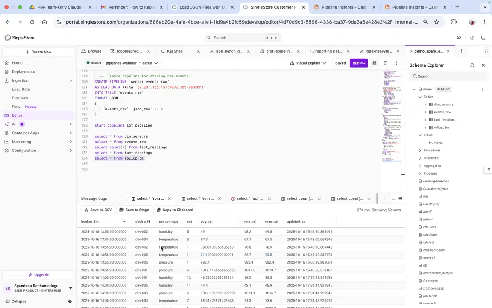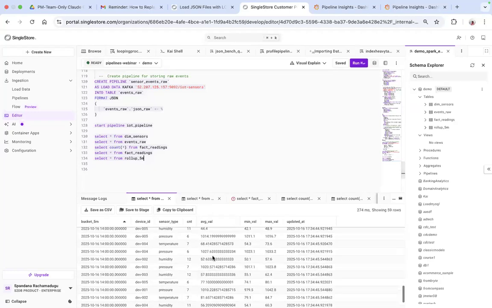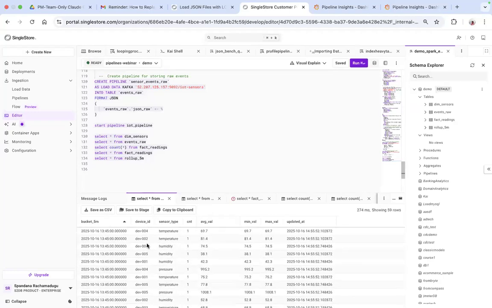So all this is being accomplished by a single pipeline that is doing both the ingestion as well as the transformation, and it is serving the data in a ready to use format. So we can build dashboards on top of it, and make real time decisions based on the computed values, in this case like anomaly. And SingleStore is really great at